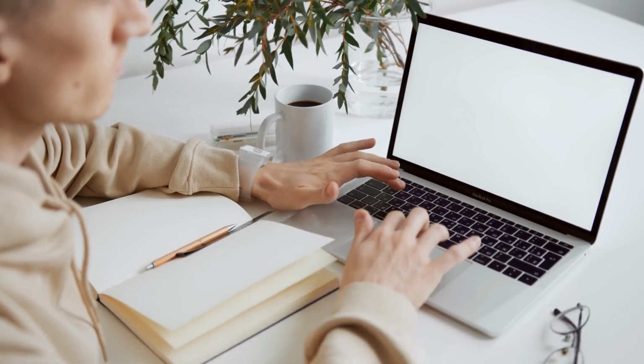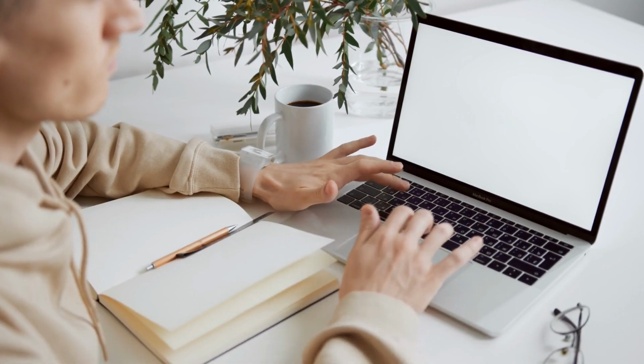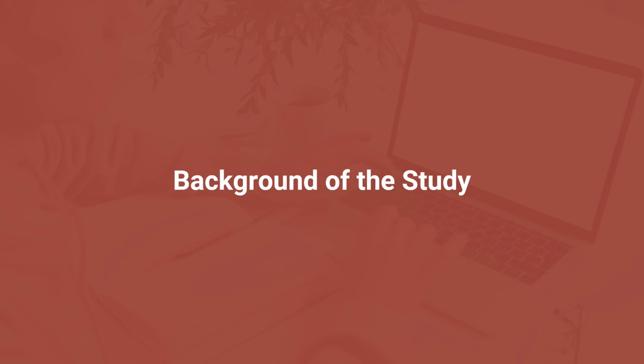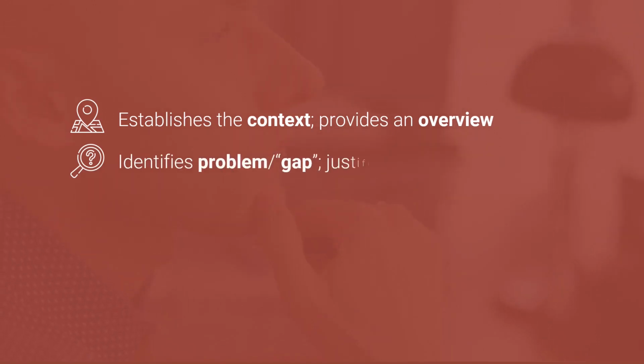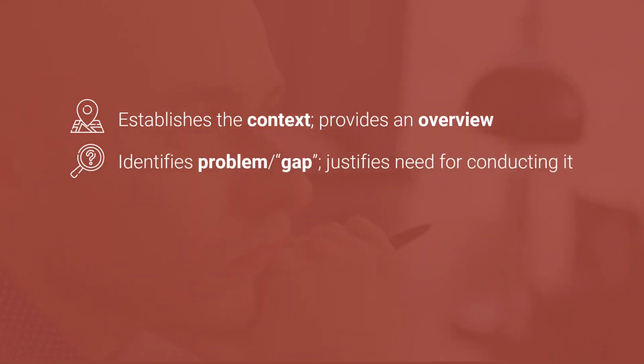The first section of any research paper or thesis is usually the background of the study. Its job is to establish the context of the study as well as provide an overview of it. In doing so, it identifies the problem or gap the study is going to address and justifies the need in